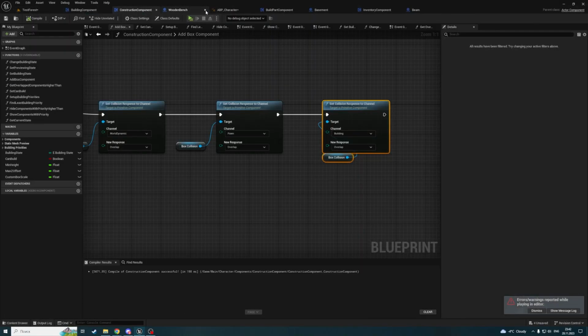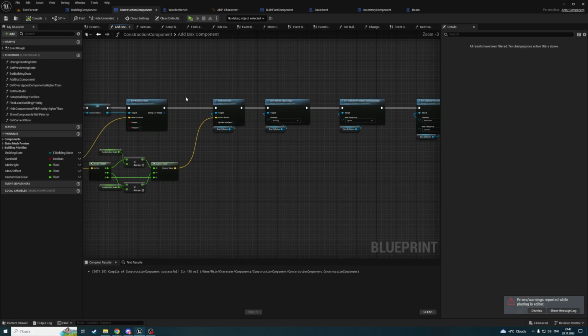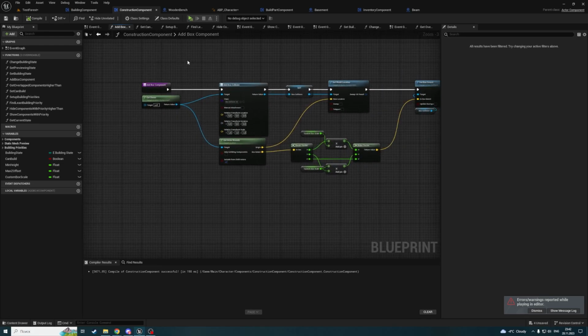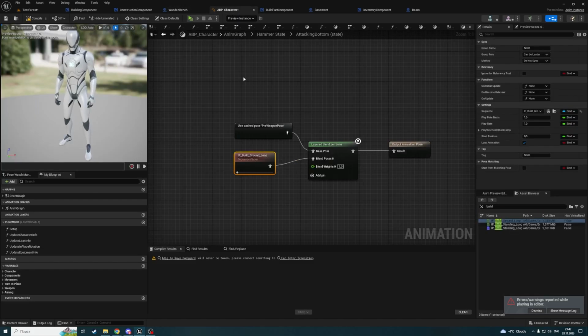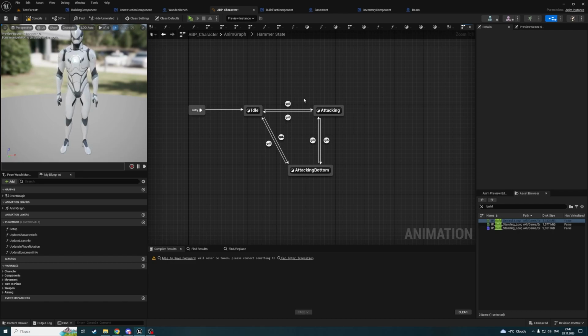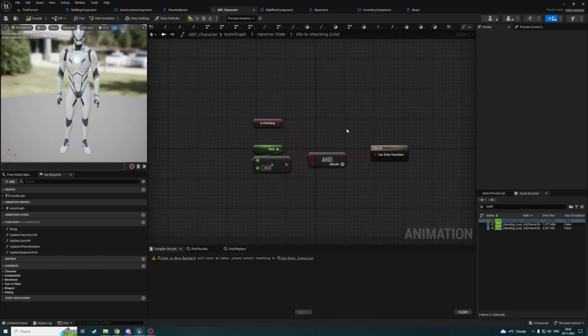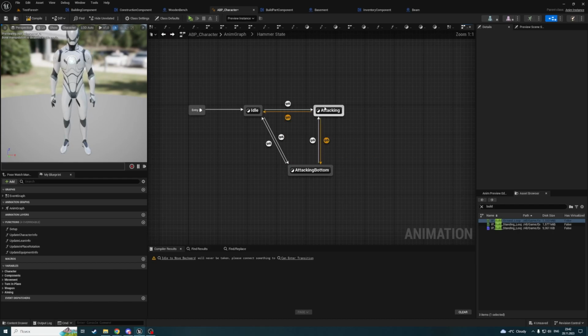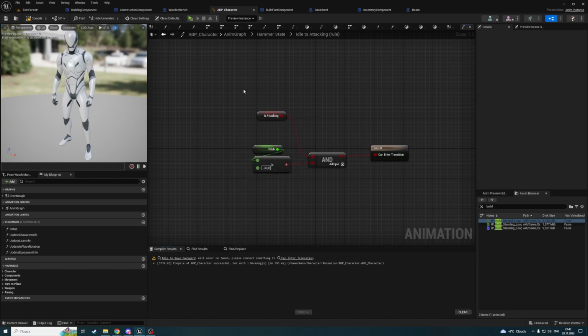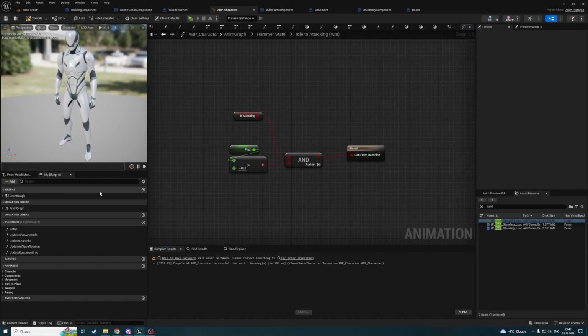Also, on my attack, I'm playing an animation, but I should not play an animation when I'm just placing a building. So that's a problem in my animation blueprint. In your case, you may not face such a problem. The problem is that I'm going to an attack animation when my boolean is attacking is true, and what I'm gonna do is I'm gonna also check